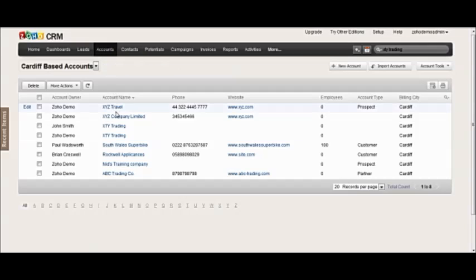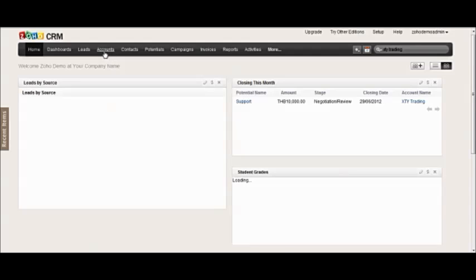And now when I go back to the accounts, you might see that they're still there, so all you need to do is refresh the page. If you still see the duplicates, it's just a case of refreshing,